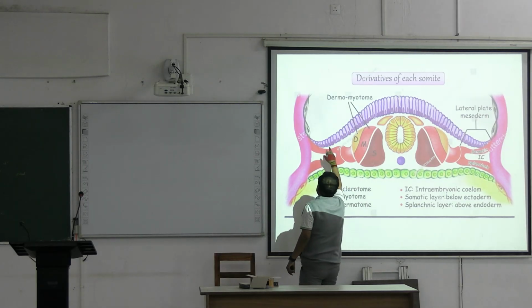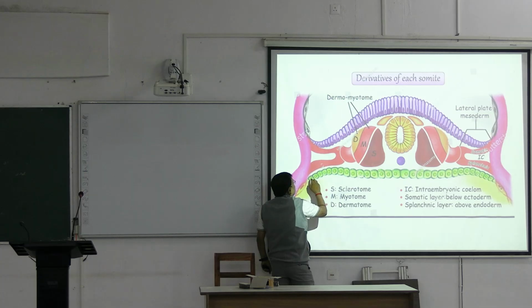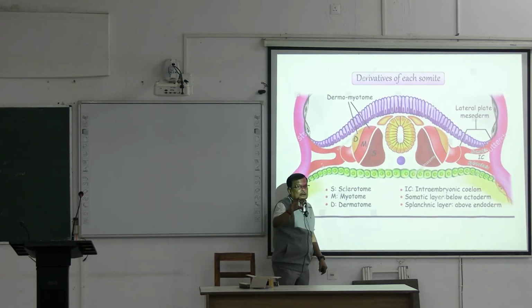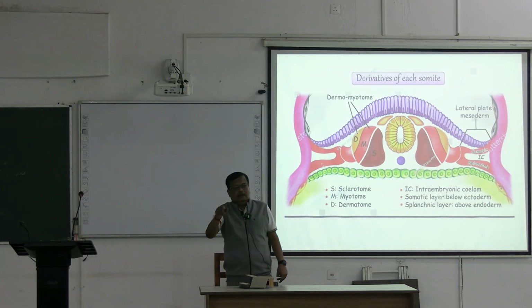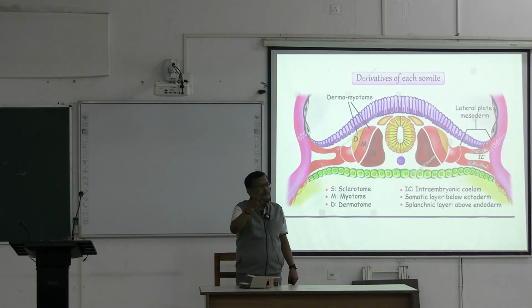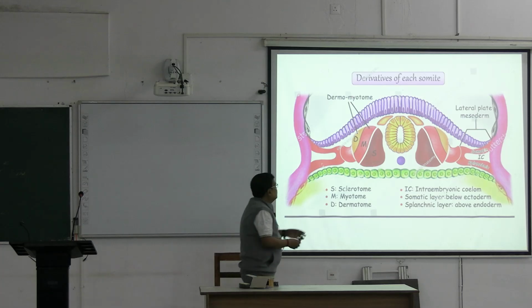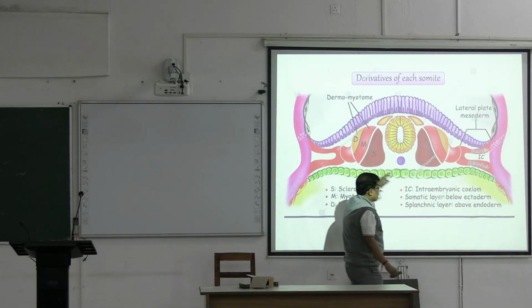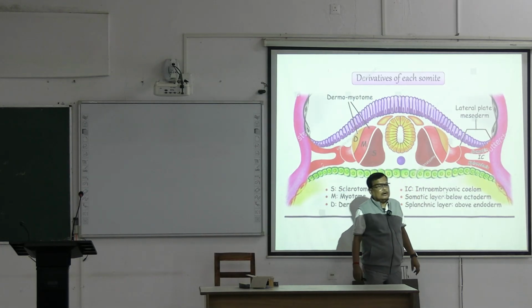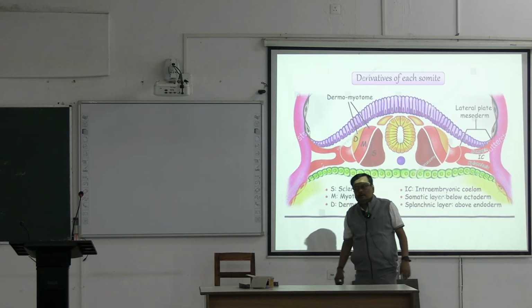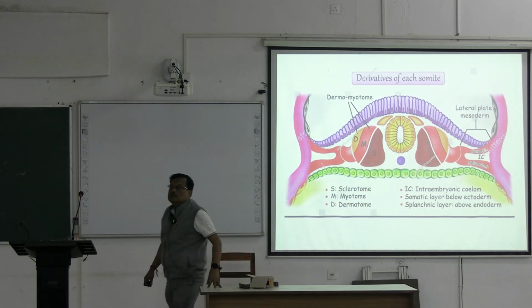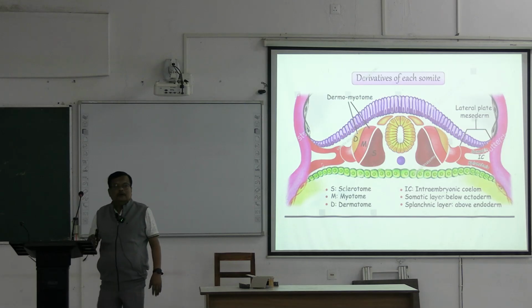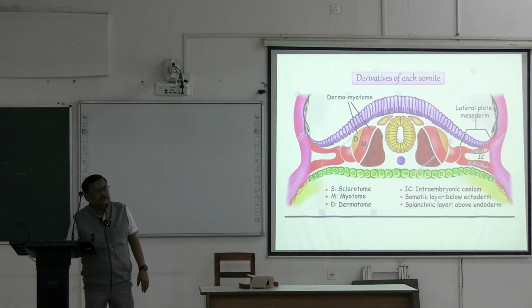This is the ectoderm, this is the endoderm. Then a cavity will appear within the lateral plate mesoderm, one on either side of the lateral plate mesoderm, right? We call it intraembryonic coelom,